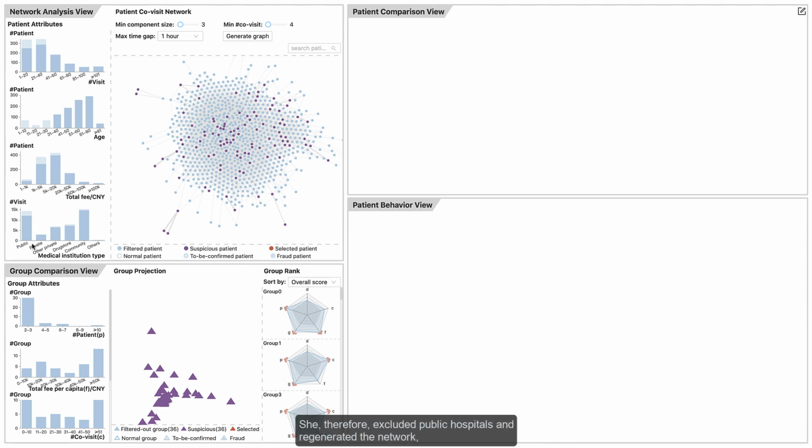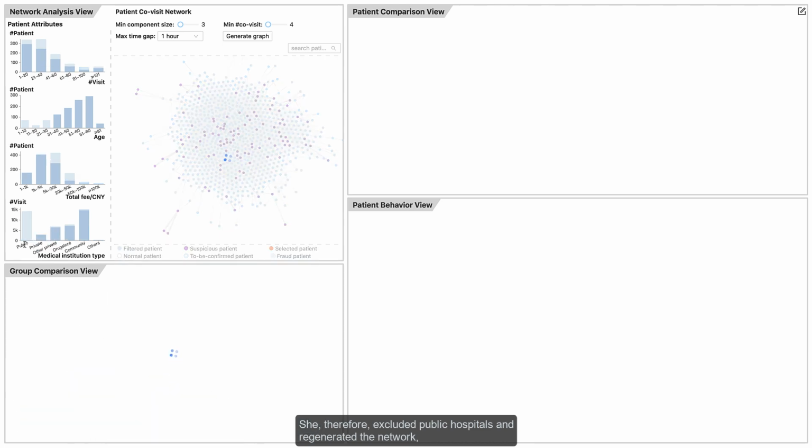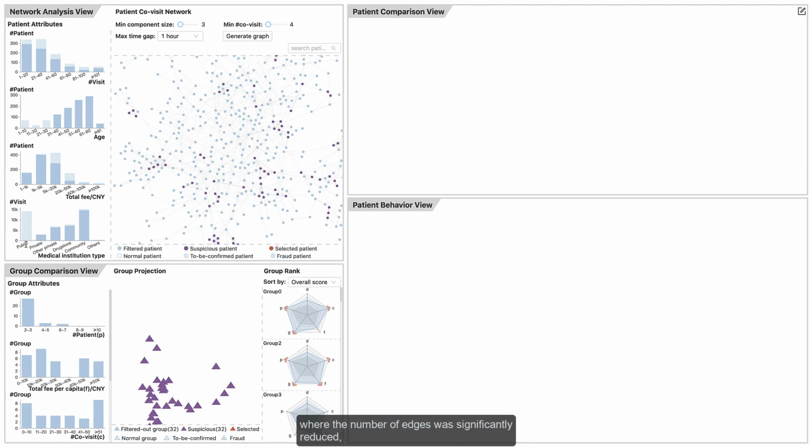She, therefore, excluded public hospitals and regenerated the network, where the number of edges was significantly reduced, and suspicious groups marked in purple were clearly visible. Some outliers appeared in the group projection. She hovered over one